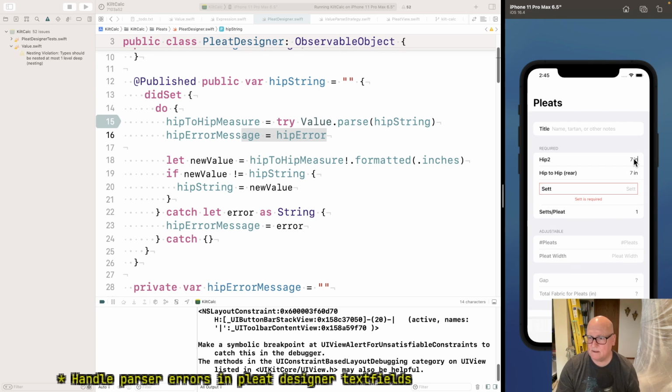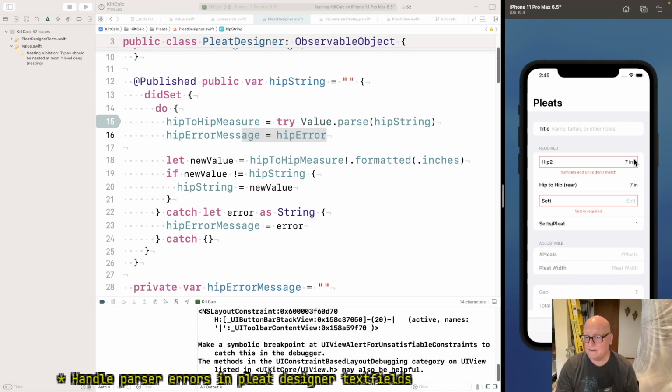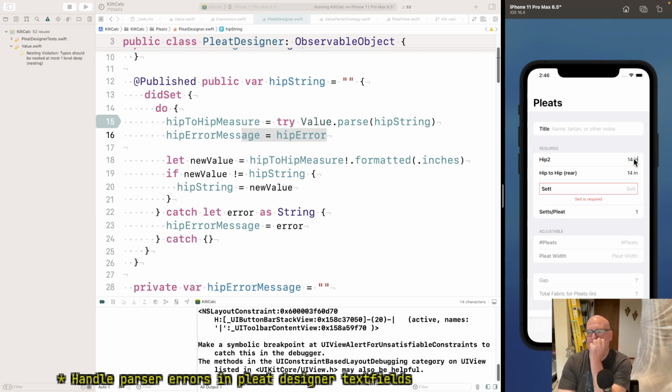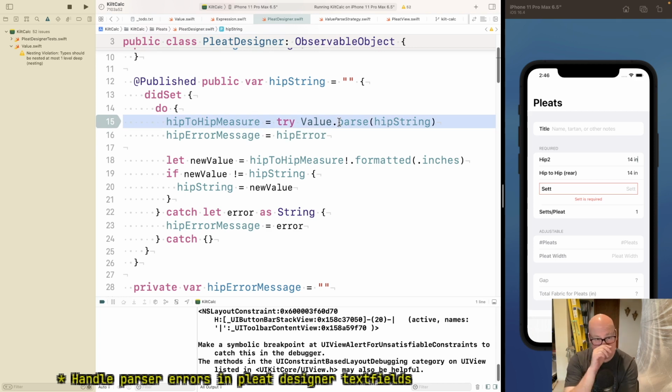Oh. 3 feet. We're trying to be clever. Okay. Yeah, it shouldn't validate it. It shouldn't parse if it's empty.